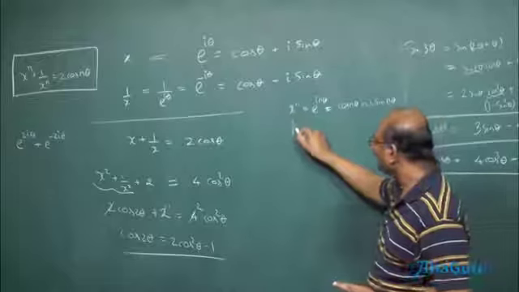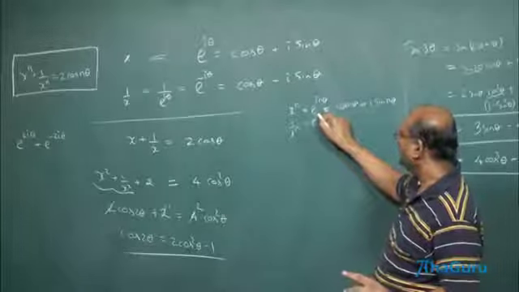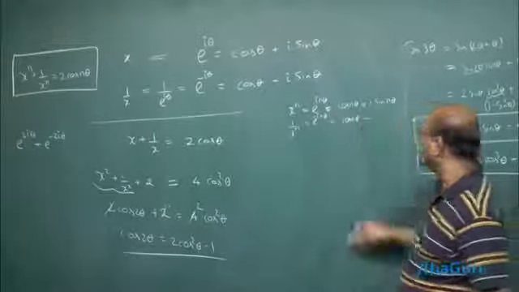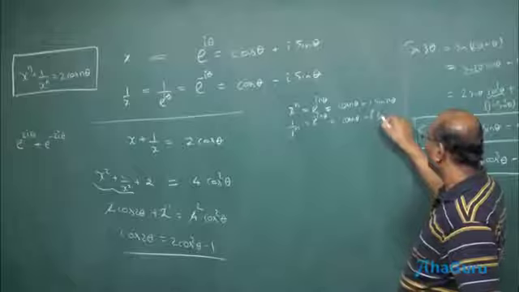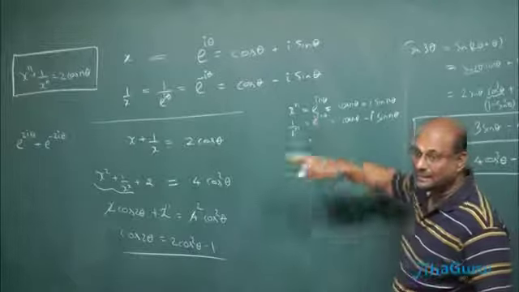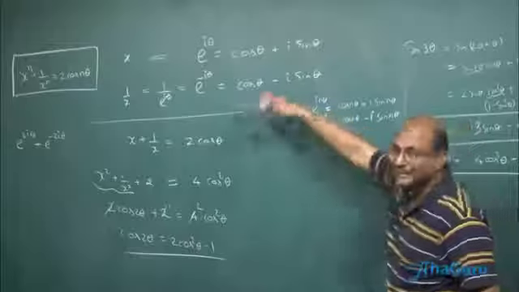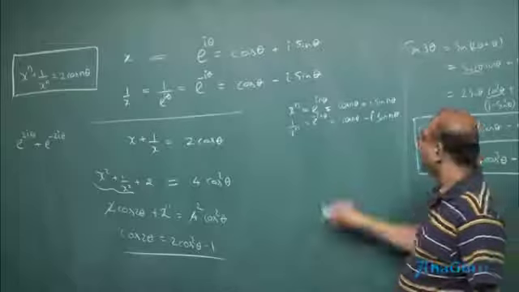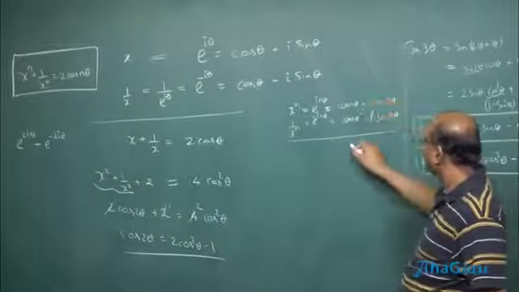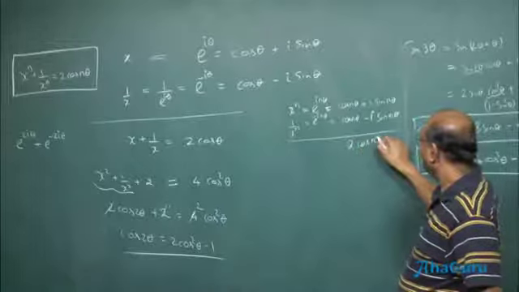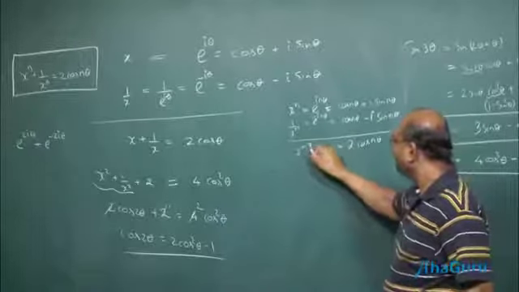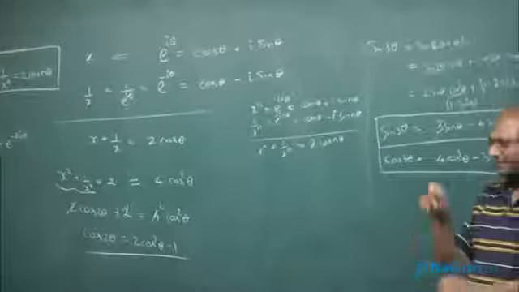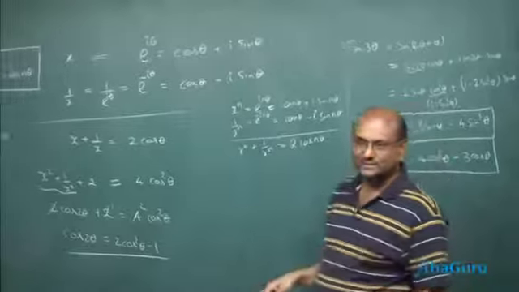1 by x power n, e power minus this, is going to give me cos n theta minus i sin n theta. I am only doing everything with cos, but the basic idea is you can do everything with sin with a subtraction. x minus 1 by x will give you 2i sin theta. But if I add these two, this will cancel out. So 2 cos n theta is going to be x power n plus 1 by x power n, where x is e power i theta. Usually sometimes people use z, but I am just using x.